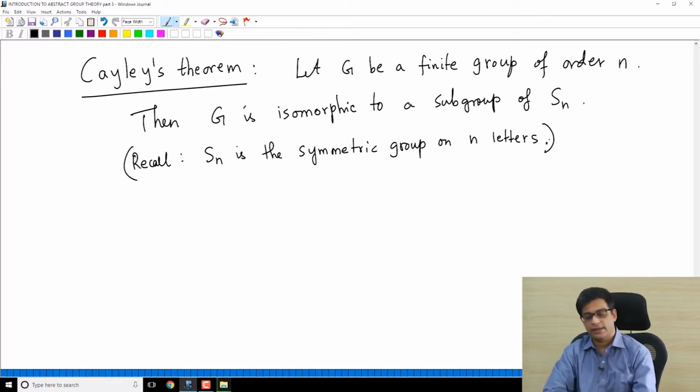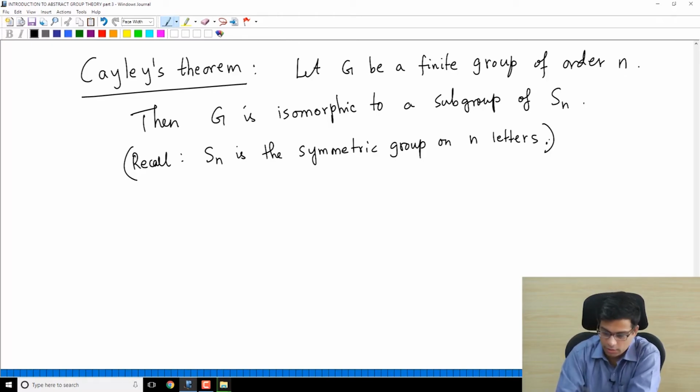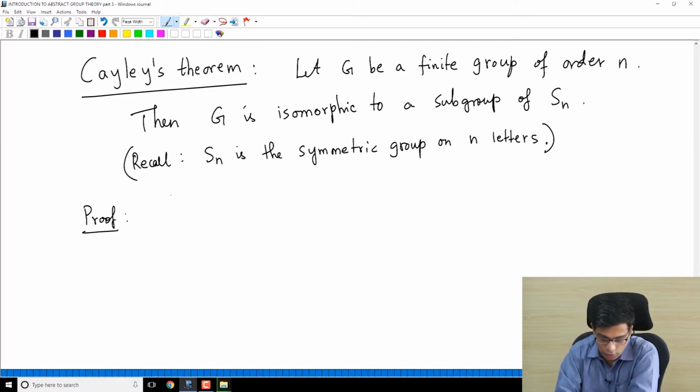So I said this is a structural result about groups because symmetric groups are very general in this sense. Every finite group can be put inside a symmetric group. So if you study symmetric groups and all their subgroups, you would have studied all groups. That is the point of Cayley's theorem. Every finite group is isomorphic to a subgroup of Sn, where n is the order of the group. So for the proof, we are going to